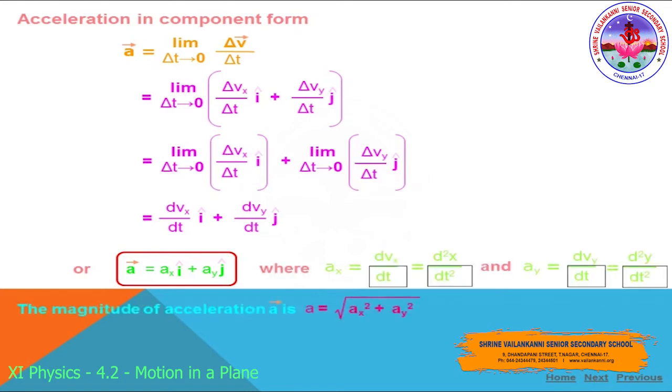Here we have to consider the magnitude and direction additionally, so we have to concentrate on the magnitude, which, as we said already, is a function of the time coordinate. So we can write a, which is equal to root of ax square plus ay square. The direction: tan theta is equal to ay by ax, or we can say theta is equal to tan inverse of ay by ax, right?